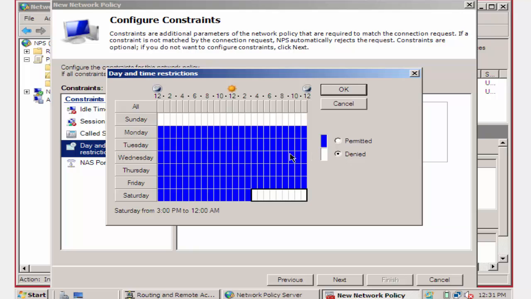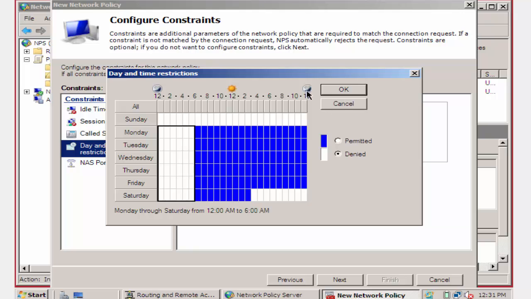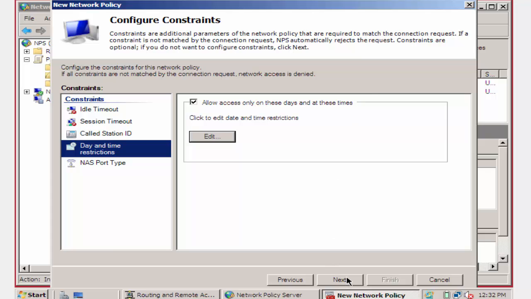and also we don't want anyone to use our network between the hours of 12 midnight to 5 in the morning. So from 6 o'clock they probably can use the VPN. Alright, so you guys can always play along with it. It's kind of cool, like a minesweeper game, you know, from a long time. Anyways, let's click OK. Alright, and we'll click next,